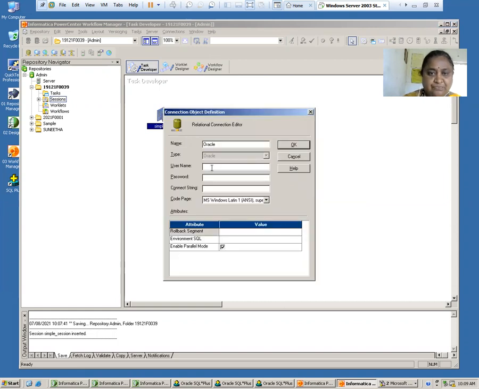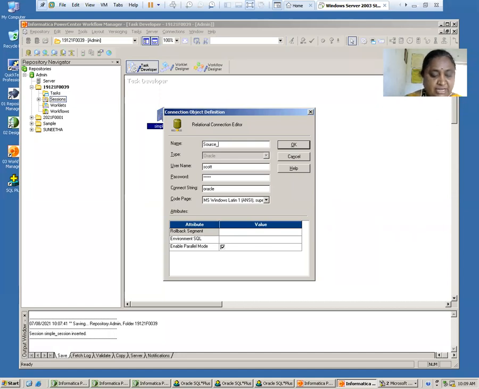What is the name? Name of the user is always Scott. Here I have to give correct spellings. If I give wrong spellings, it will not work out. So always the connection string should be in lower case. Again, I will check, tiger also should be in lower case. And the name, whatever name you want, you can give.